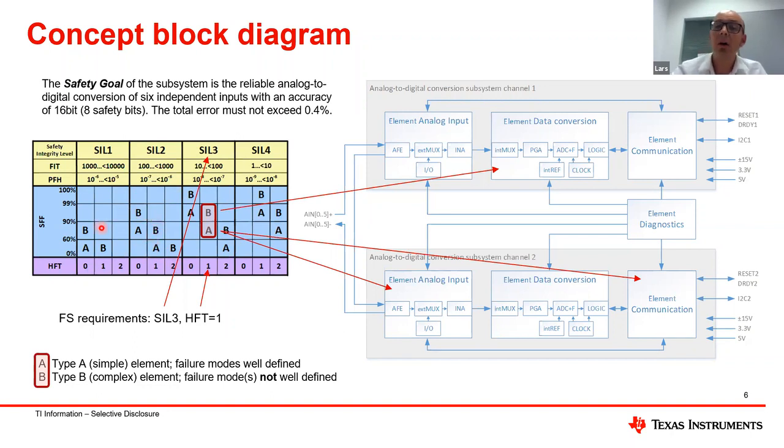So we end up with our diagnostic element in the SIL1 bucket. And now if we can manage that our diagnostics are all A elements, then we would have here a single diagnostic